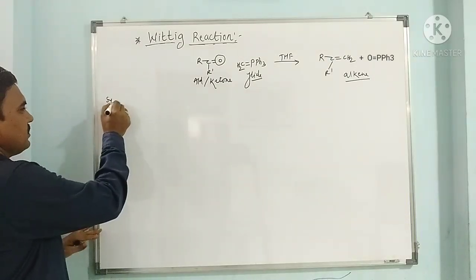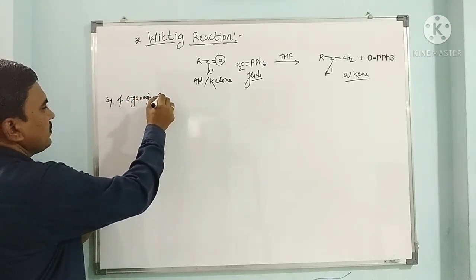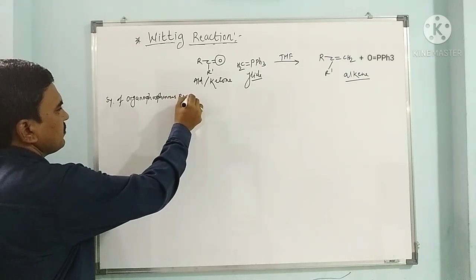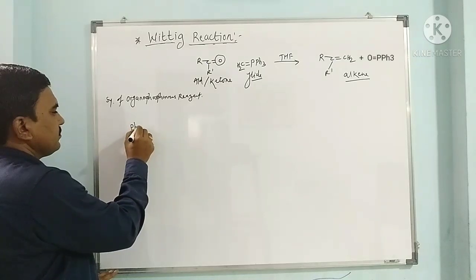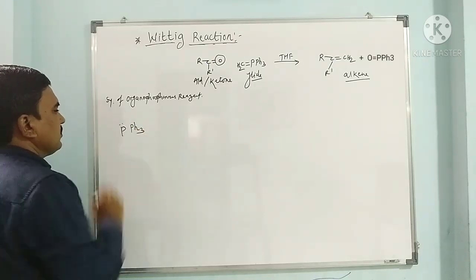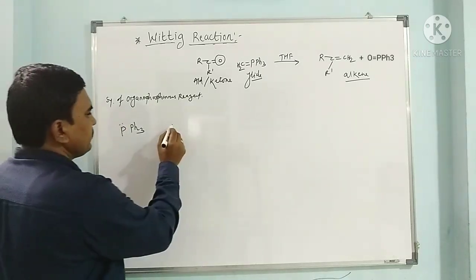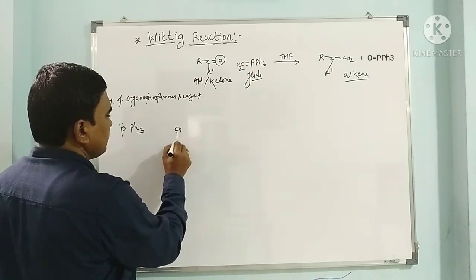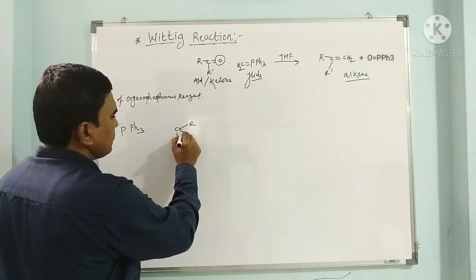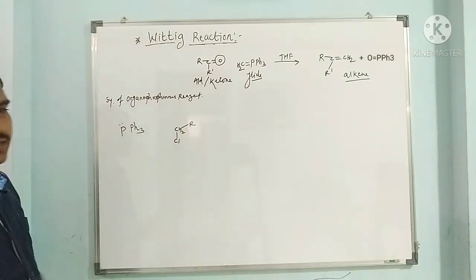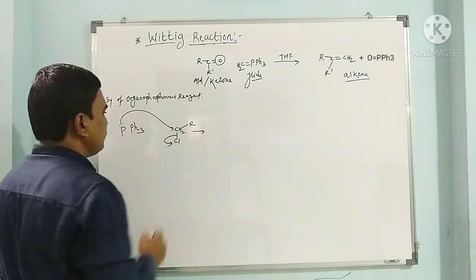So here, synthesis of the organophosphorus reagent. When triphenylphosphine, this phosphorus having a lone pair of electrons, reacts with an alkyl halide such as CH2R Cl, so this is a primary alkyl halide. When this phosphorus attacks here, this Cl departs and we get